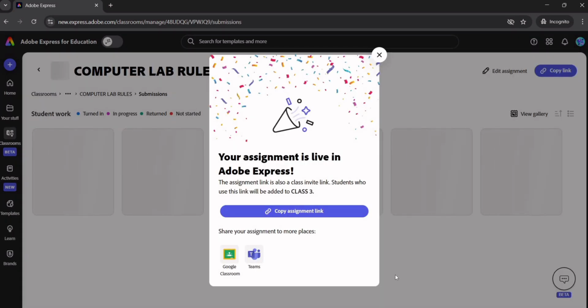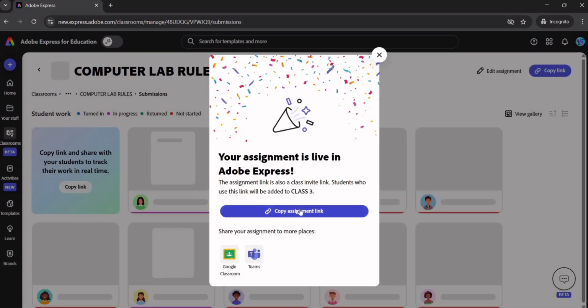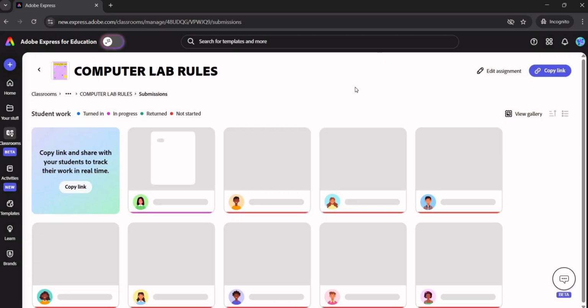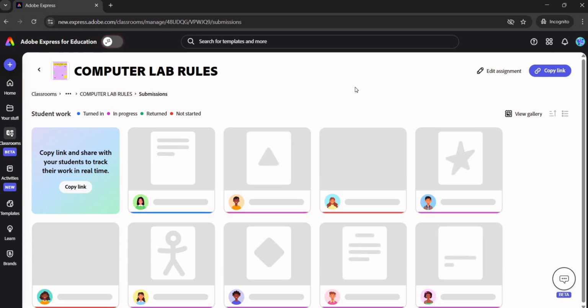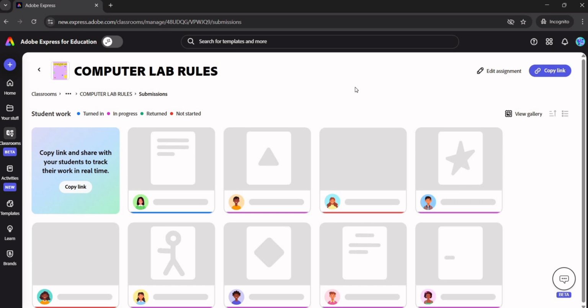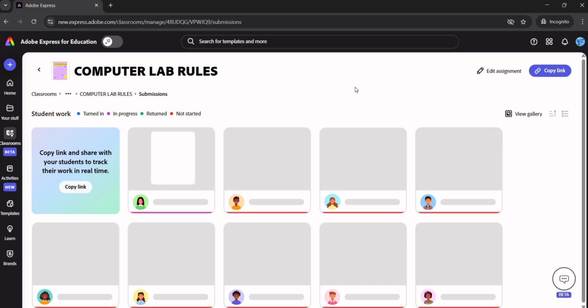Now I can even copy the link from here and send it in the group, through which the children can do it, or else the children will log in through their ID and password. They can also use that link which I have already shown, the one I showed you in capital letters. That also you can send to your children. As soon as they log in to their classroom, they can type that code and then they can do the assignment, which I will be showing you in my next video.